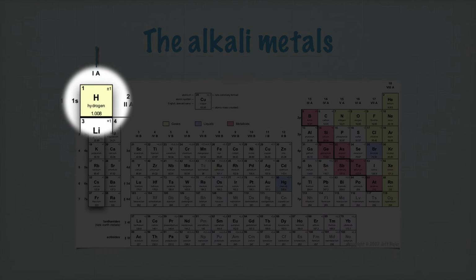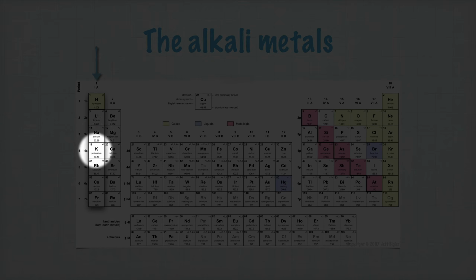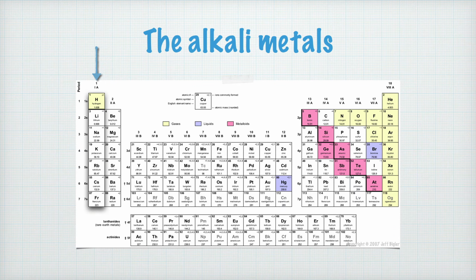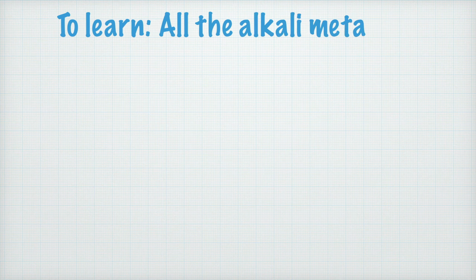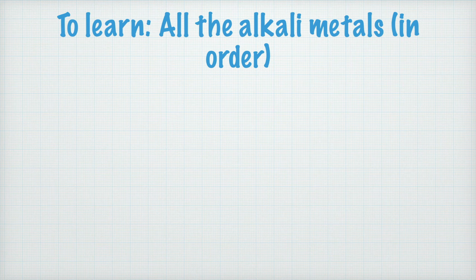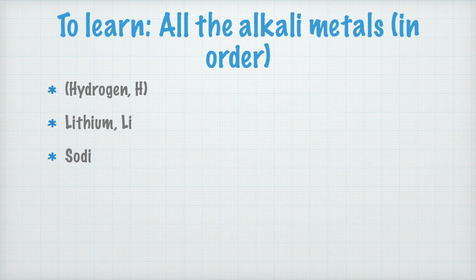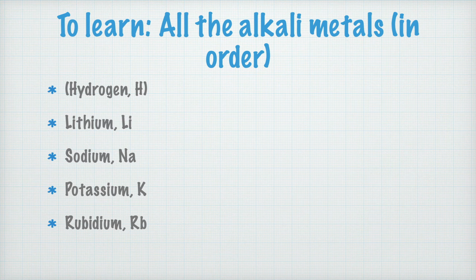Well, yeah, hydrogen isn't exactly a metal, except at very low temperatures and extremely high pressure, but otherwise they are lithium, sodium, potassium, rubidium, cesium, and francium. And I actually imagine that you should learn them all in order too. So take this to your notes. We have hydrogen with the chemical symbol H, then lithium Li, sodium Na, potassium K, rubidium Rb, cesium Cs, and